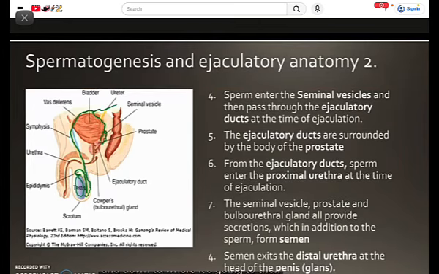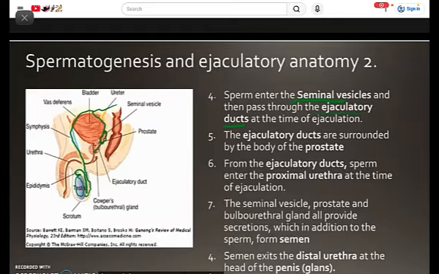The seminal vesicle is going to have secretions or fluids that are going to be able to mix in with the sperm that are coming through the vas deferens. So at first they're just sperm, now they mix with the fluids. Now they're going up through here, they're passing through the seminal vesicle, they're passing through the ejaculatory ducts. So the ejaculatory ducts open up, and from then the semen is going to be able to go into the